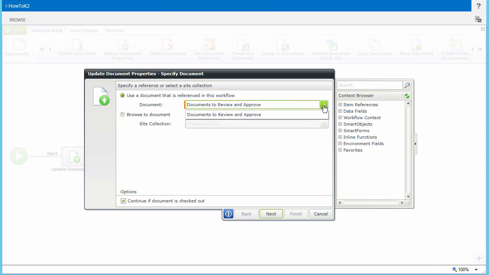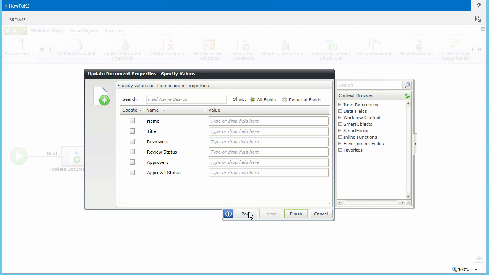In this example, the document reference is already selected for us in the radio button option, Use a document that is referenced in this workflow. So we don't have to make any changes to that, and we will also leave the options selected at the bottom of the window to continue if the document is checked out. On the Specify Values screen, set the value of the Approval Status column by entering in Pending Approval, then click